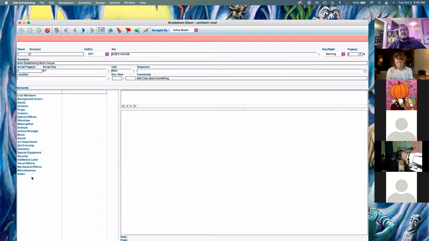In this case, maybe I have Bob's car parked outside. So maybe I will go to my vehicles. I think there's a vehicles section here, isn't there usually? Yeah, there it is. So I click on this. And then this time I can enter either, if I've entered it once, it'll always be there as a pull down menu for any other scene. But here, since I haven't done that, I'll say Bob's shitty